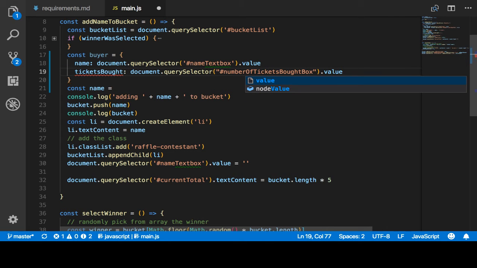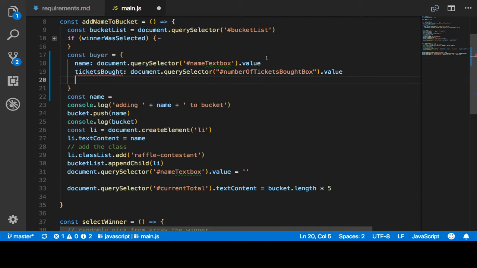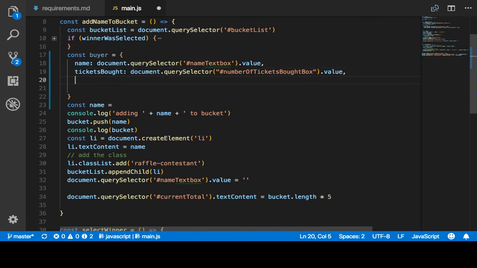Dot value. And now I'm missing my comma. And now amount paid. Shouldn't that do it by itself? Text box, what do you mean? That amount paid. Yeah, you don't need to. If I bought 5 tickets, number of tickets bought 5. This is where we need this value right here, right? Because we already know how many tickets he bought, but we're storing it in an object. So what we'd have to do here